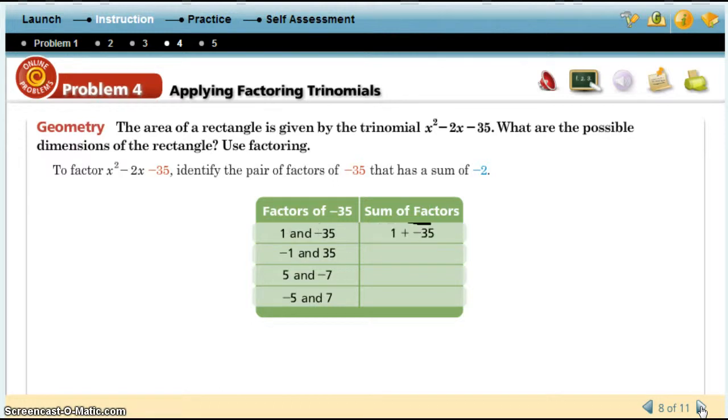1 and negative 35 add to negative 34. Negative 1 and 35 add to 34. 5 and negative 7 add to negative 2. And negative 5 and 7 add to 2. Since 5 and negative 7 have a sum of negative 2, use that pair of factors. So x squared minus 2 times x